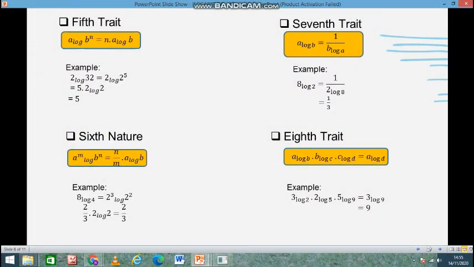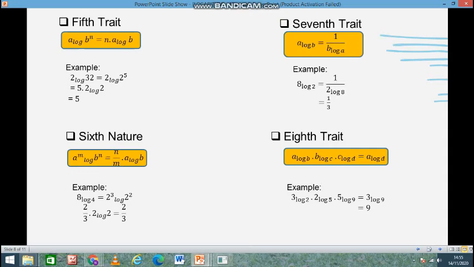5. Write: a log b to the power of n equals n times a log b. When we find a logarithm whose number is a power, then the exponent can be used as a multiplier on the logarithm. Example: 2 log 32